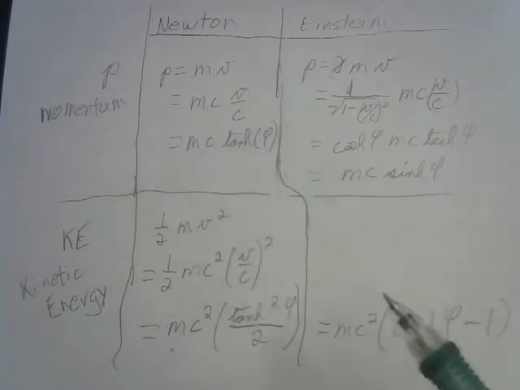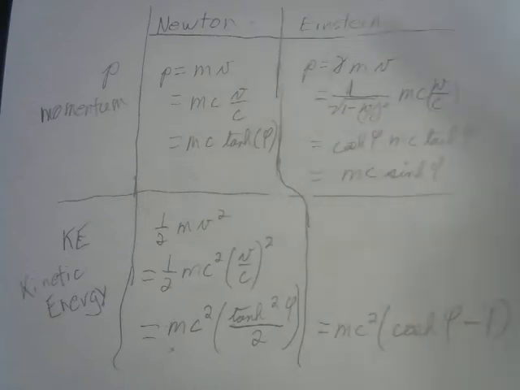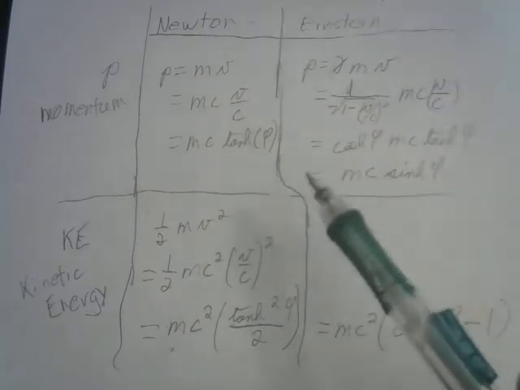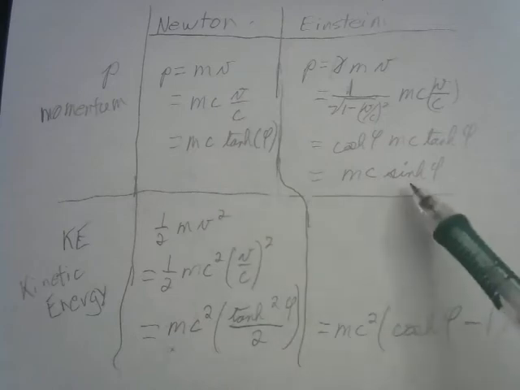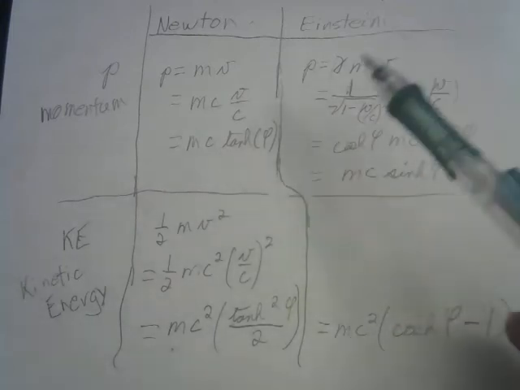So the difference between Newtonian physics and Einstein physics is essentially the difference between the hyperbolic tanh of an angle and the hyperbolic sine of an angle. Now, what I propose to do in this video is show that once we accept